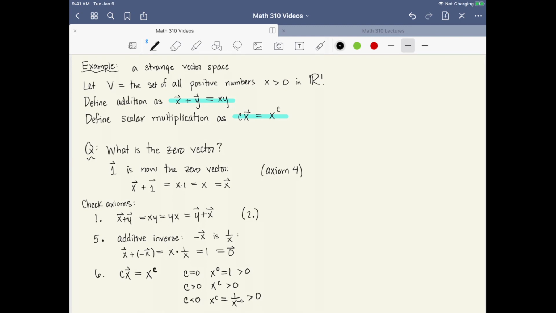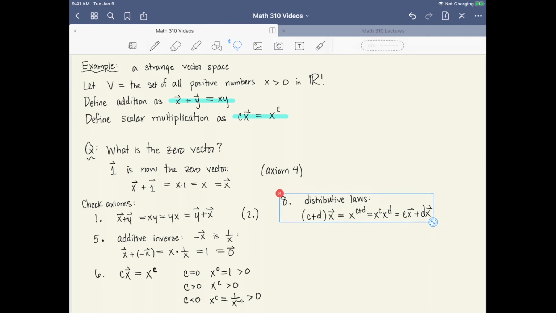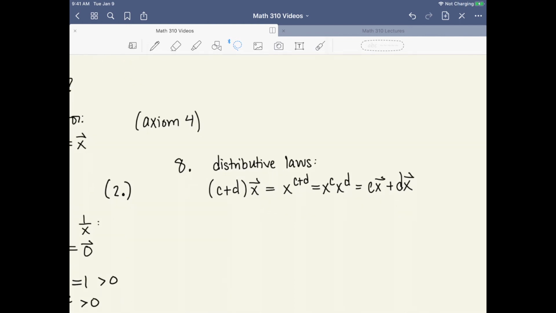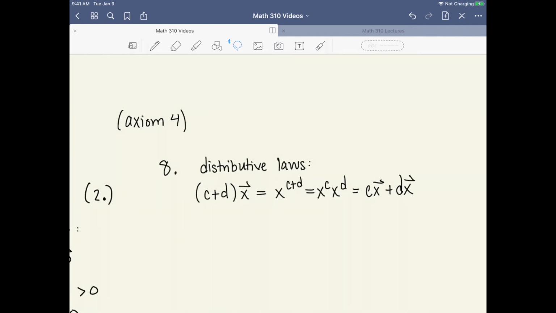Let's look at one of the distributive laws. These are all pretty fun to check. So axiom number 8 is a distributive law. We want to know that if we have two scalars that we're adding together inside of parentheses times the vector, that we get cx plus dx. And we just have to be careful about the rules that we're using. So scalar c plus d times the vector x would be defined to be x to the c plus dth power. Exponentiation rules tell us that this is x to the c times x to the d. And this then is the sum of two vectors, because vector sum is carried out by multiplication. So this is really